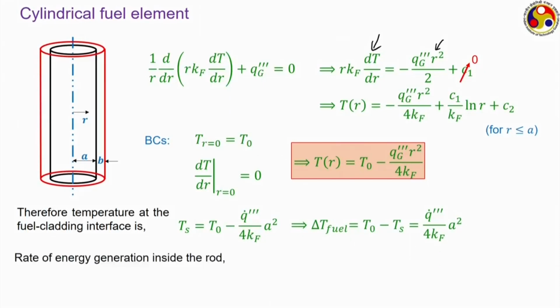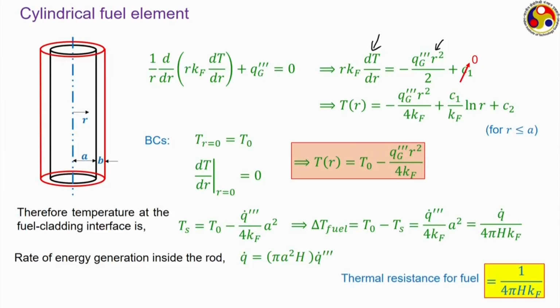square. The rate of energy generation inside the rod can be given like this, where pi a square h is the volume of this rod and q dot triple prime is the rate of energy generation per unit volume. So, if we use this definition in the previous expression, the temperature difference can be written like this. And now we can again draw the electrical analogy to get the thermal resistance for the fuel, which will be this delta T divided by q dot, so it is equal to 1 by 4 pi h into kF,